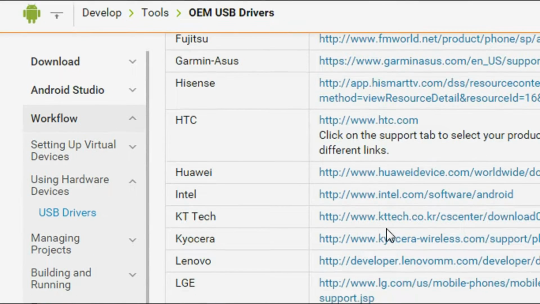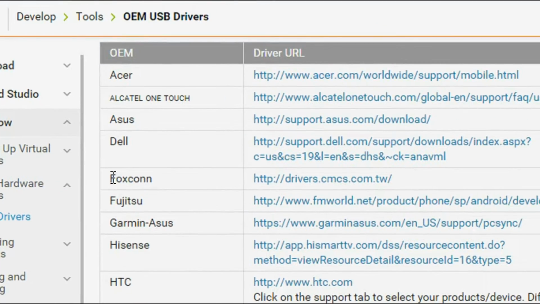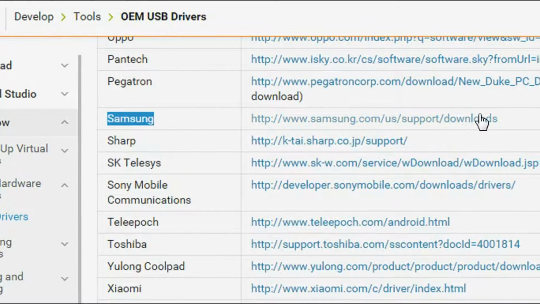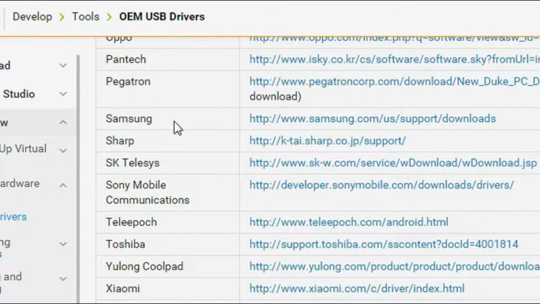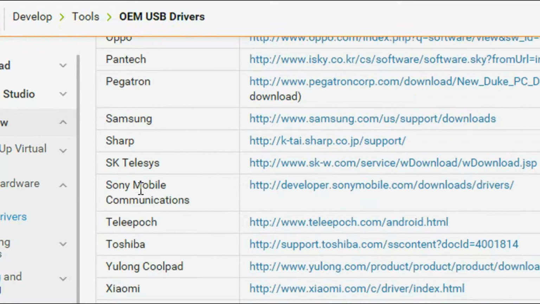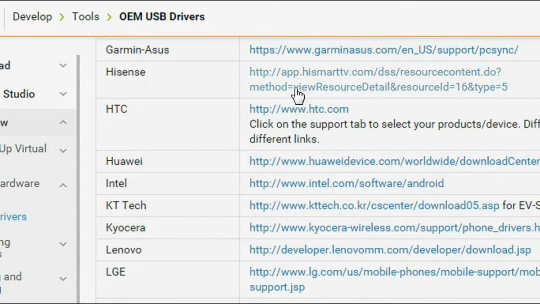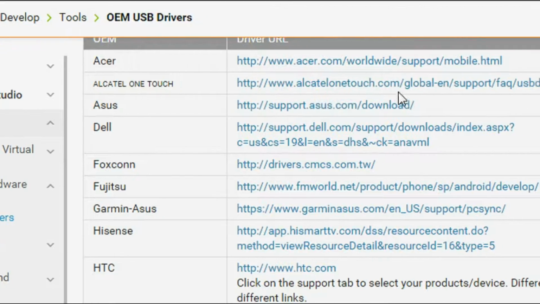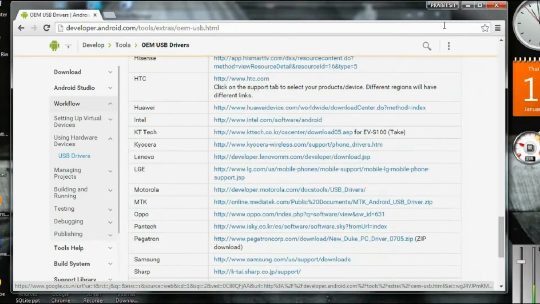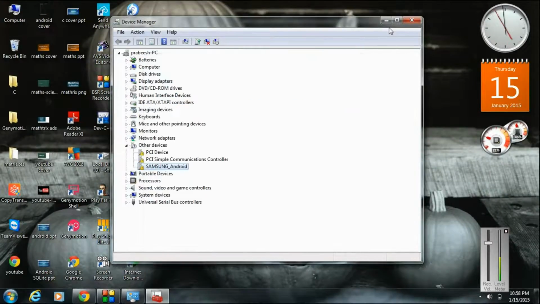From this website you can find a number of links for different companies. Here I am using a Samsung phone, so I can find the appropriate version of the driver for my device from this link. Also you can find all other company names here, and the corresponding website links are here. From these links you can download the appropriate version of the USB driver for your device. Okay, so I already downloaded